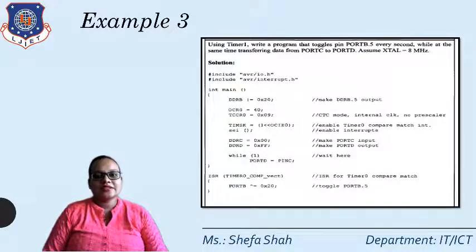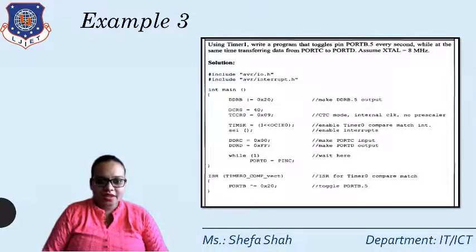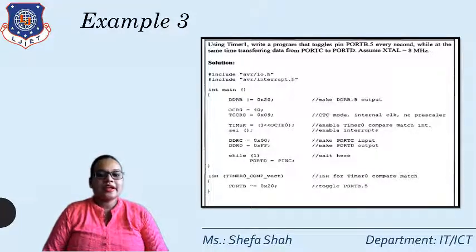Now, the second example: here we are again making the same program using the timer, but here we are using it in compare mode. So here we have declared all the variables in the main, right? And the main program will be the same as this one, but instead of TCNT0, here we are using OCR0. And in the ISR, we will include TIMER0 underscore COMP underscore vect. Right, it is timer 0, and we are making the same program for the compare match.